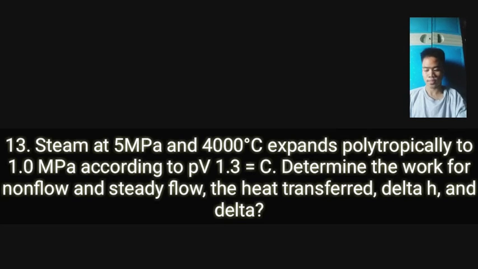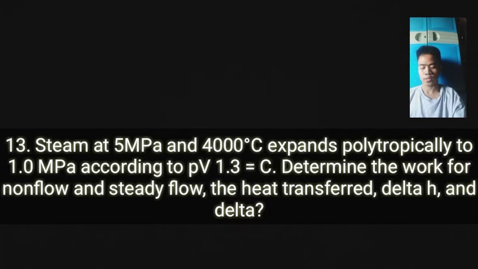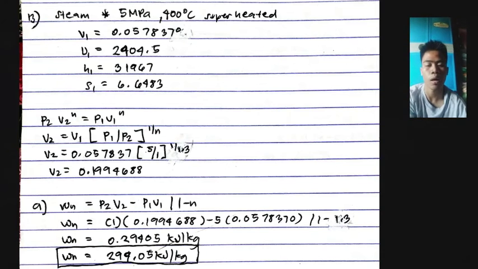Okay, next, number 13. Steam at 5 megapascal and 400 degrees Celsius expands polytropically to 1.0 megapascal. According to PV to the 1.3 equals C. Determine the work for non-flow and steady flow, the heat transfer, delta H and delta S. So okay, our solution for that,